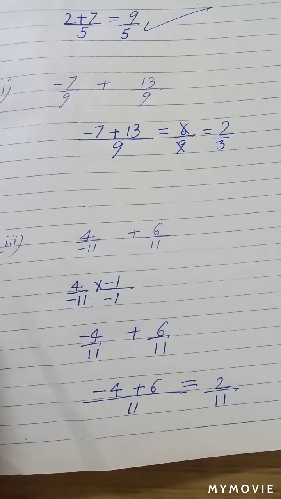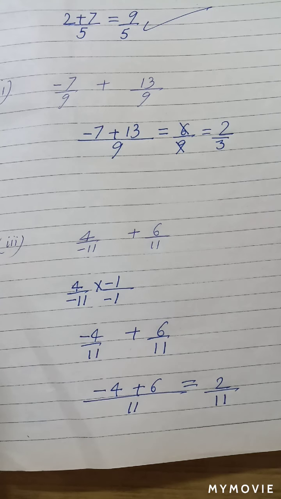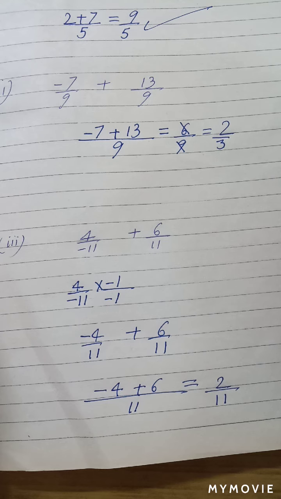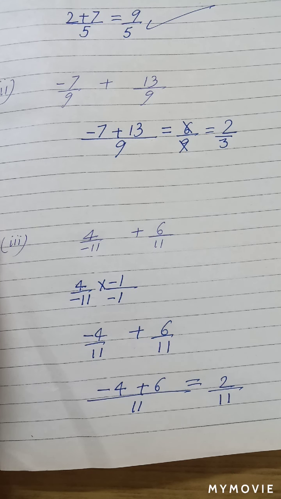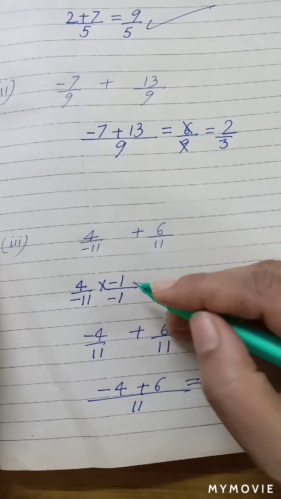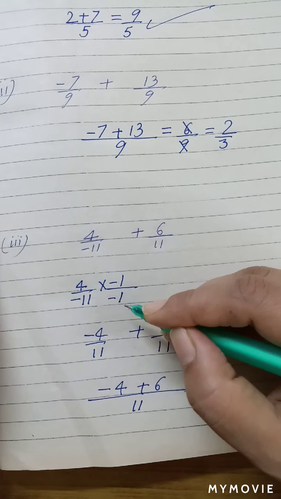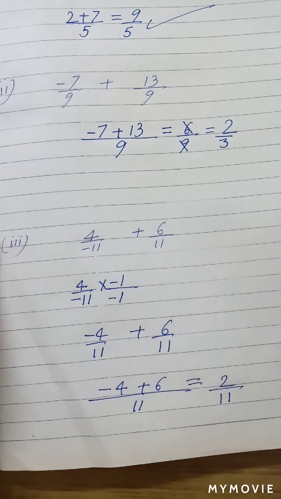Here we have the last case. We have 4 by minus 11 and 6 by 11. In this case, the denominator is negative, but we cannot divide a number by a negative number. So let us make the denominator positive. In order to do that, we will multiply minus 1 to the numerator and to the denominator. And then